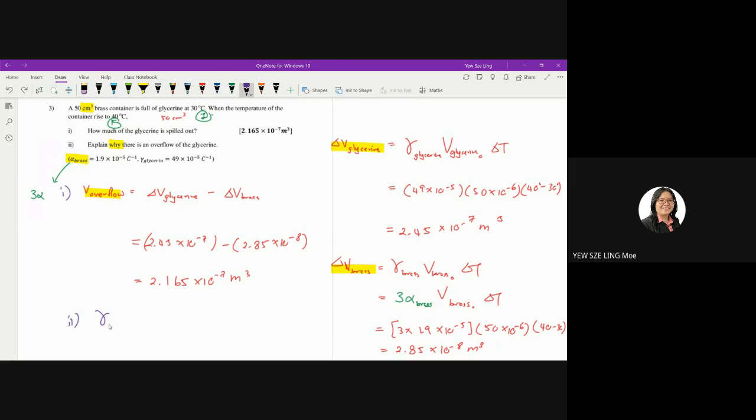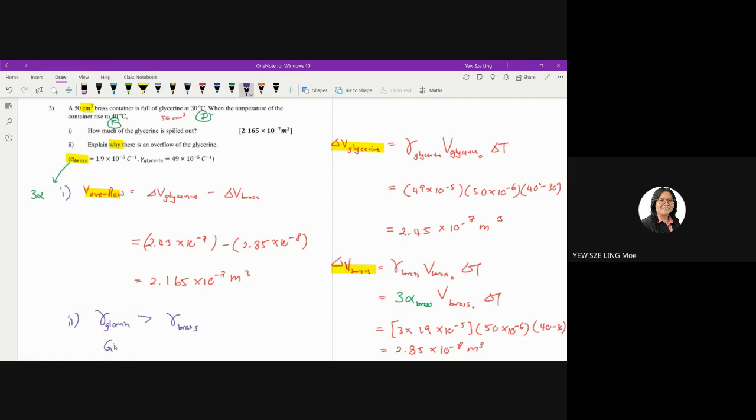So gamma for glycerin, if you look at the value, is larger than the gamma for brass. So you need to calculate, okay? You need to calculate the gamma for brass. So you are given alpha, you need to calculate gamma. And then you do the comparisons. So by comparisons, you know that gamma glycerin is greater than gamma brass. Therefore, okay, therefore,